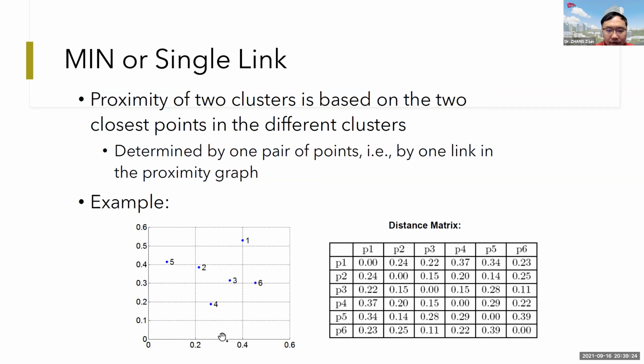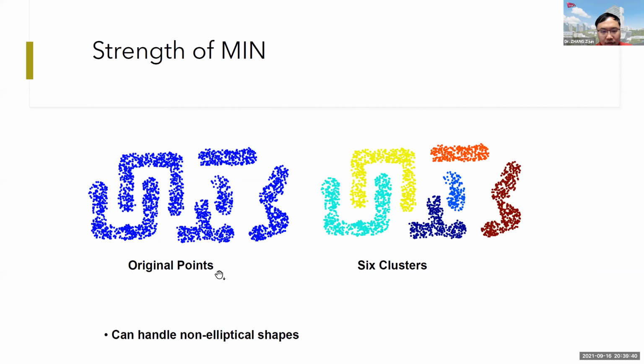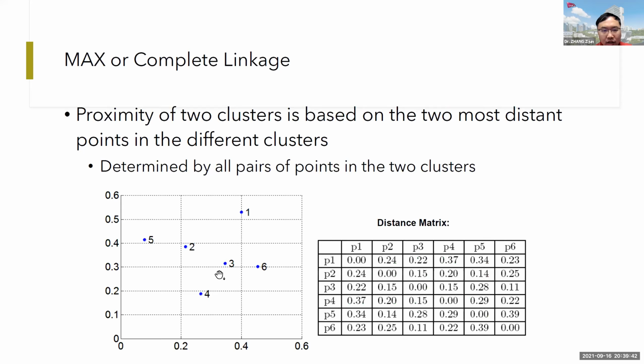So you have 6 data points. Here the distance matrix is like this. When you do the merge, you consider